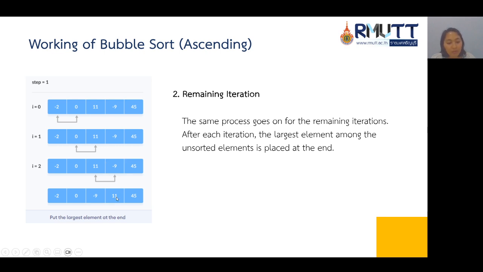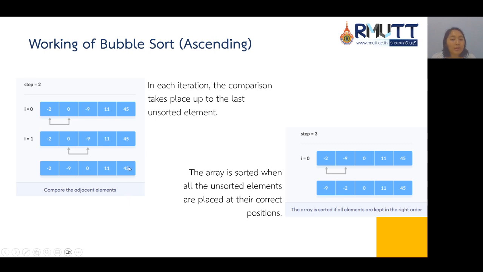And then for the fourth and the fifth, this is already in order, so no need to swap. And in each iteration, the comparison takes place up to the last unsorted element.